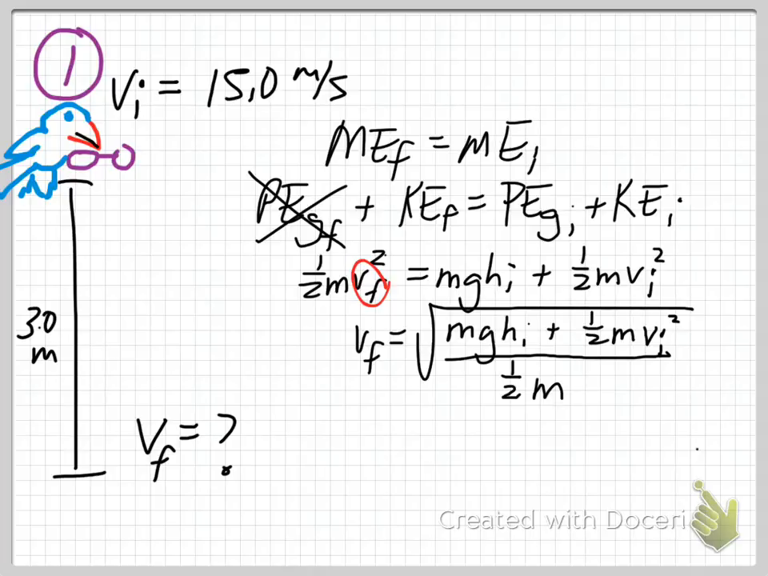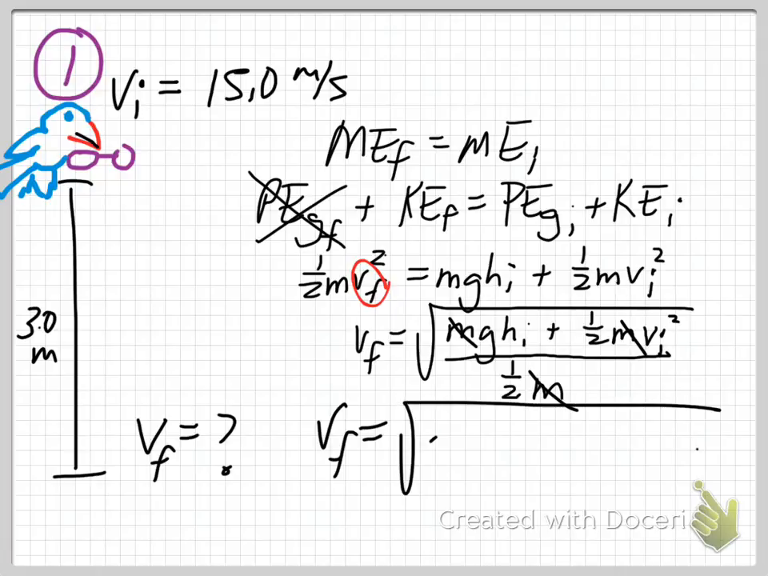What I have is Vf equals m g hi plus 1/2 m Vi squared over 1/2 m, and of course magically our m's go away. And then we can take that 1/2, we can multiply the whole thing by 2, which gets us the square root of 2 g hi plus Vi squared. And that gets us a raw answer of, drumroll,